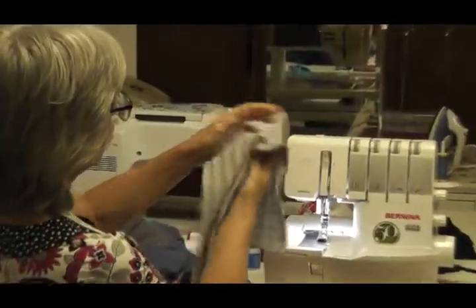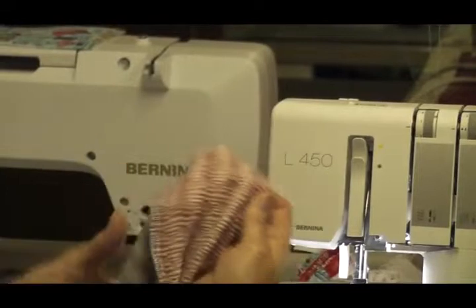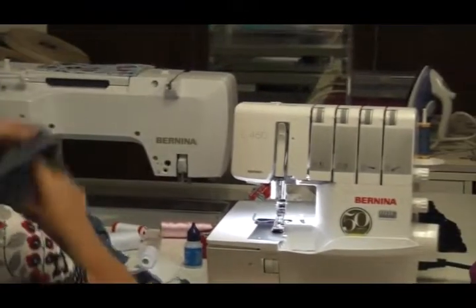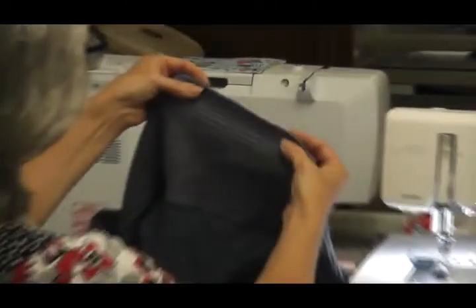And then remember all you do, see isn't it lovely with the thick thread? All you do, you've got your lovely zigzag, is you just flatten it. Do you know the best part of this stitch? Watch this. It stretches and it will not pop it. It's really, really, really good. Now there's another stitch you can do, which I've done on the edge here. See this? This is like a